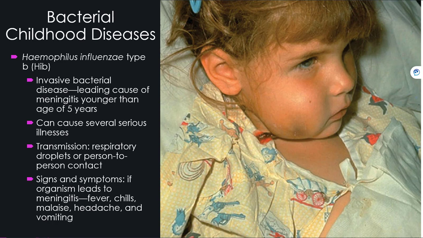The flu is a contagious respiratory illness caused by the influenza virus that infects the nose, throat, and sometimes the lungs. It can cause mild to severe illness and at times can lead to death. The best way to prevent the flu is by getting a flu vaccine every year.